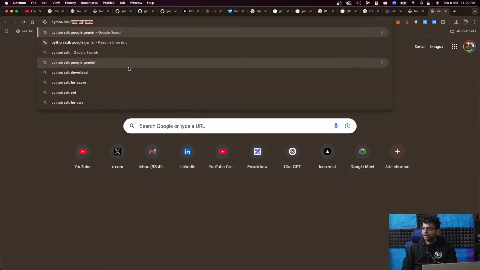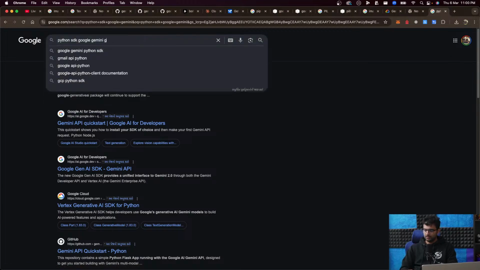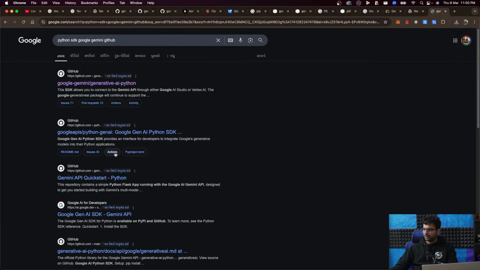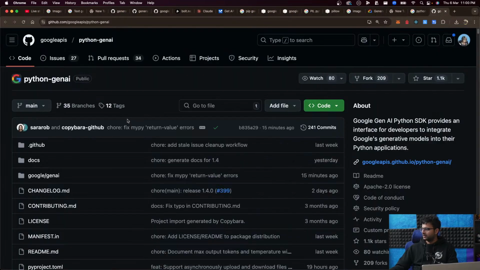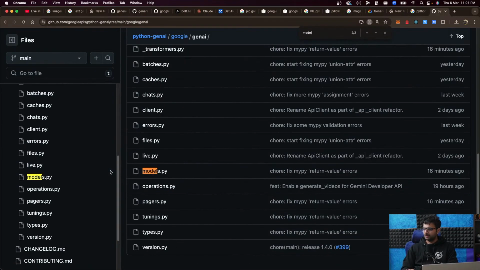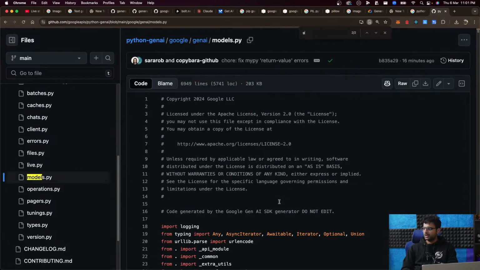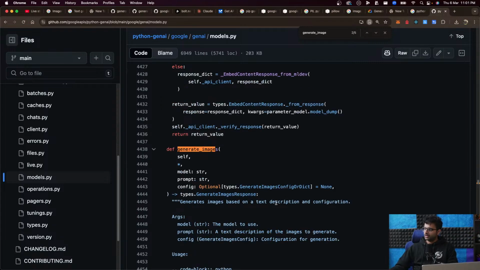Python SDK, Google Gemini. So there is this one that we just saw. And then there is another one. This may or may not be it. This most probably is it. Models.py generate underscore image. Yep, that's the one.